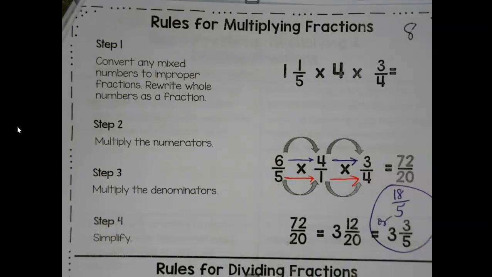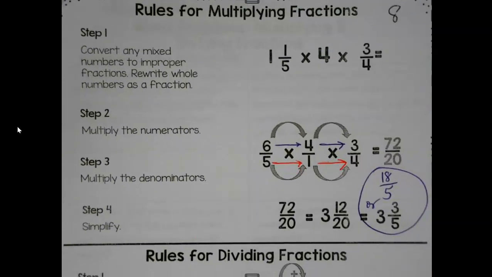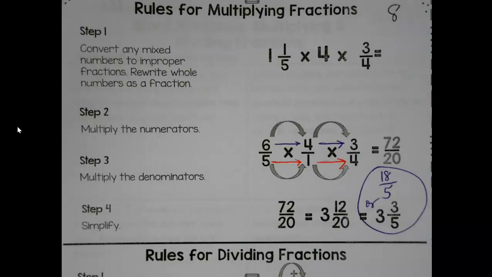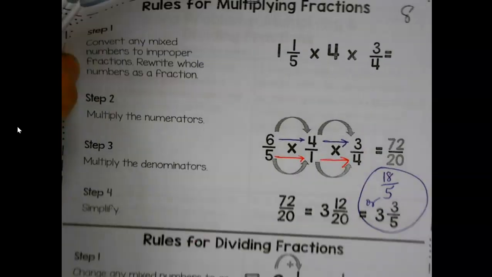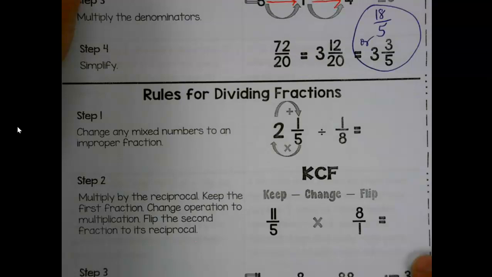If you want to go to the mixed, that's okay too. It's a good skill to be able to go back and forth. But either one is showing me that you understand the concept, okay? And the only difference we're going to have between multiplying and when we get to division